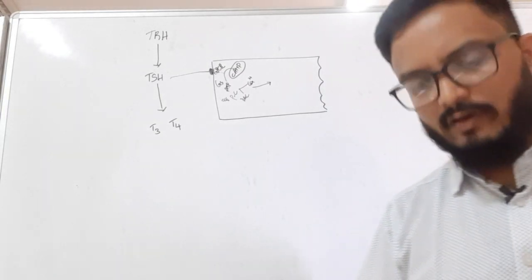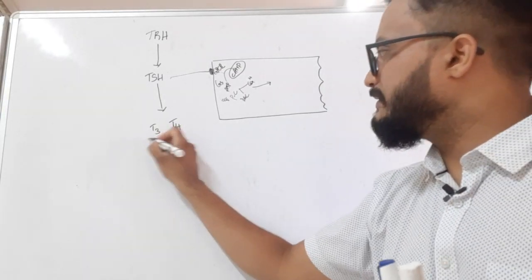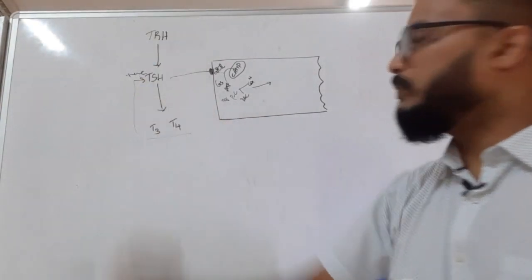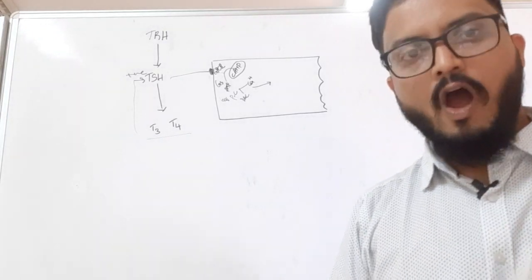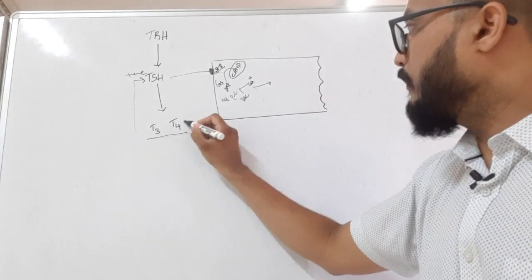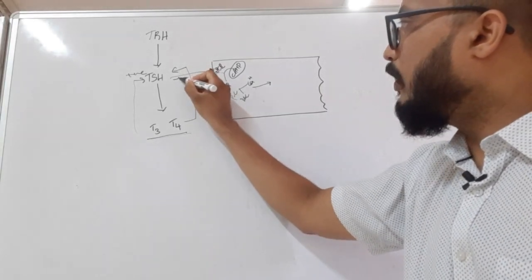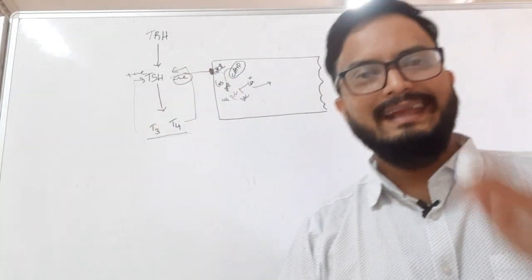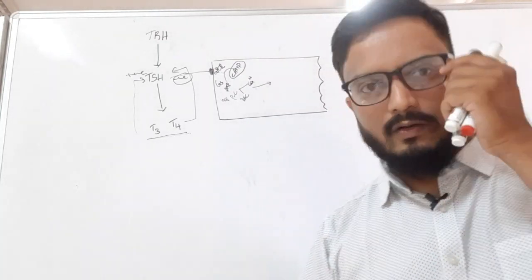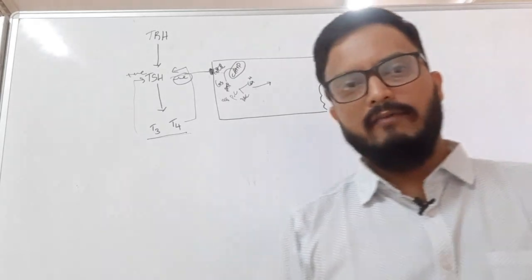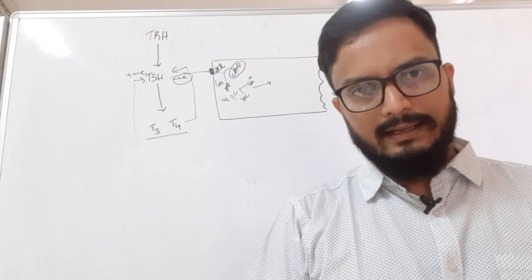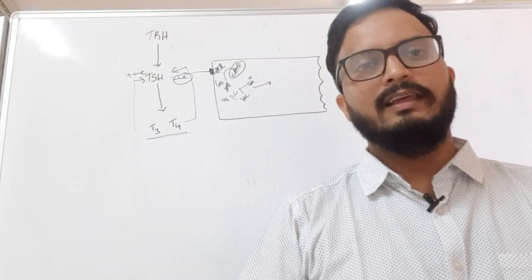Whenever the concentration of T3 and T4 is decreased, it has a positive feedback mechanism so that there is more production of the TSH, or whenever the T3 and T4 is more, it can have a negative feedback mechanism on the TSH, therefore it decreases the production of TSH. Therefore, depending upon the concentration of T3 and T4, it can either have a positive feedback mechanism or a negative feedback mechanism on the anterior pituitary, so that it controls the production of